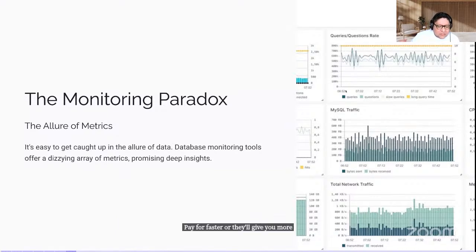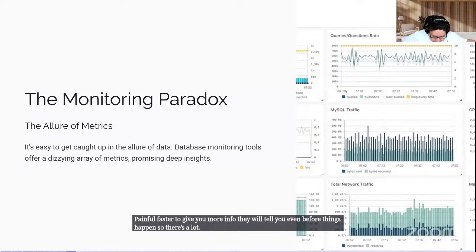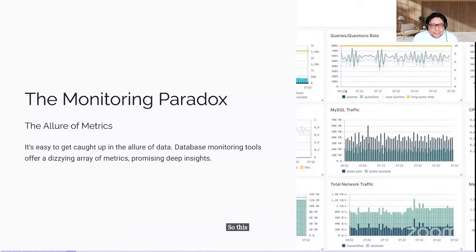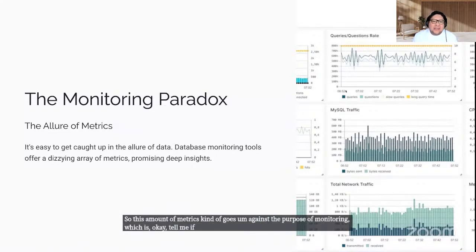They will tell you even before things happen. So there's a lot. So this amount of metrics kind of goes against the purpose of monitoring, which is, okay, tell me if everything is okay or not okay, right? So that's kind of paradoxical.